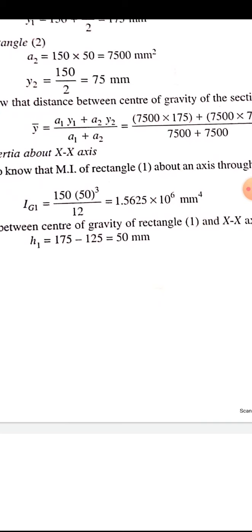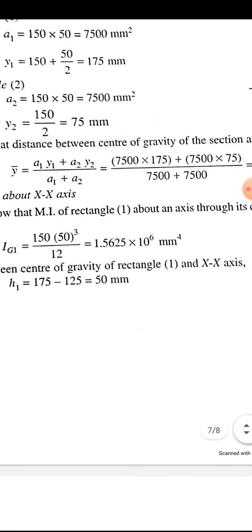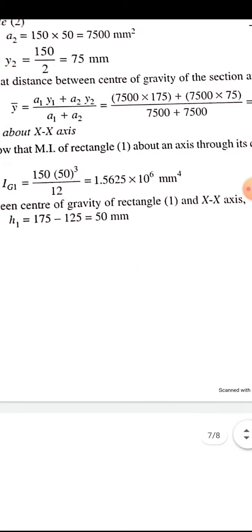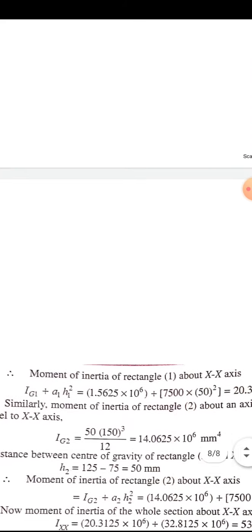Please note it. h1 equal to 175 minus 125, just clear, 50 mm. So h1 equal to 50 mm, then Ig1, we have got it, we have got h1. Next,